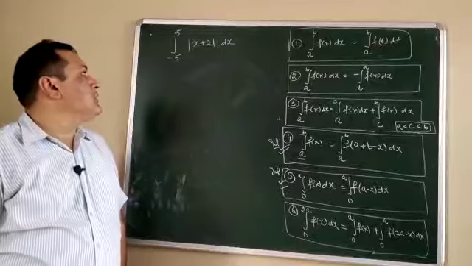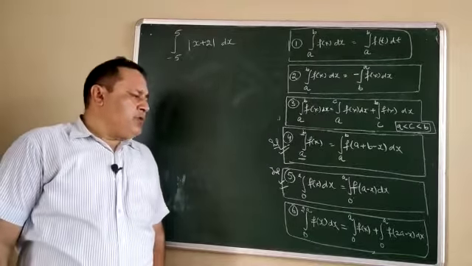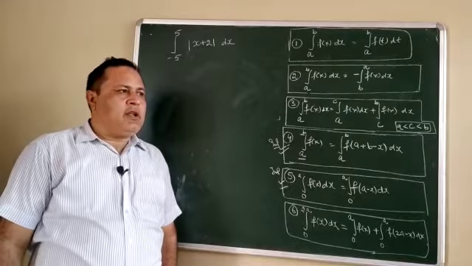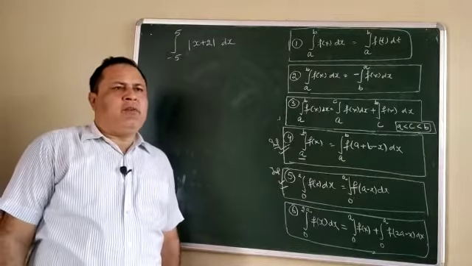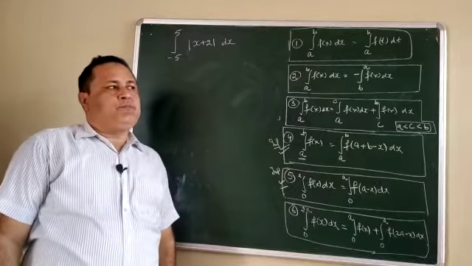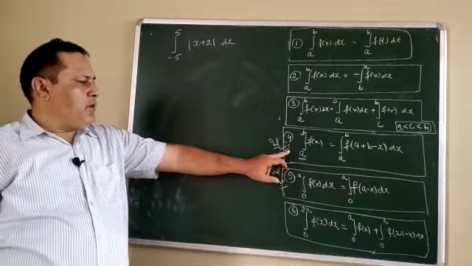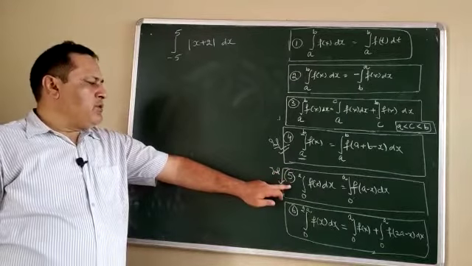Now we discuss one more question based on the property. In the previous question we discussed that the power given to you is in the form of fractions. So it may be power in the form of fractions, it may be a very large power. In that case we can apply property number 4 or property number 5. Mostly this property is used by us.